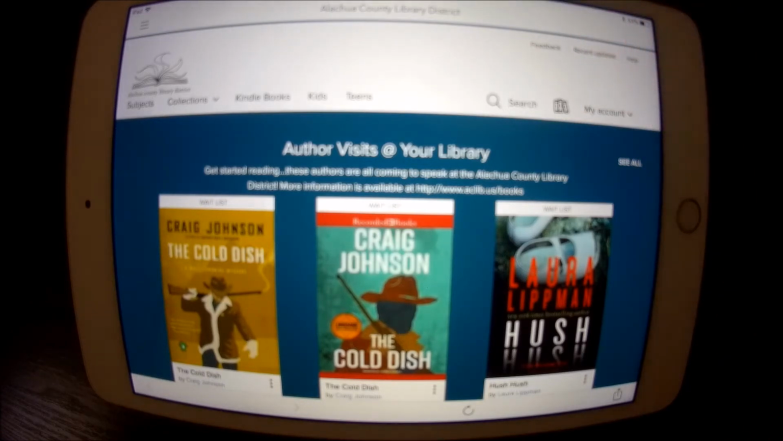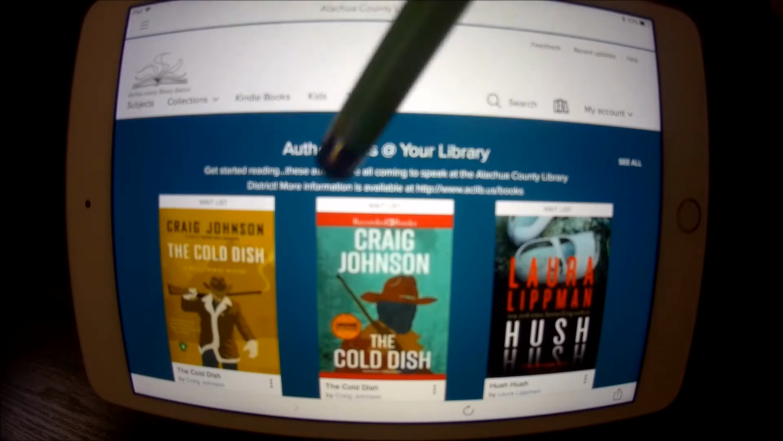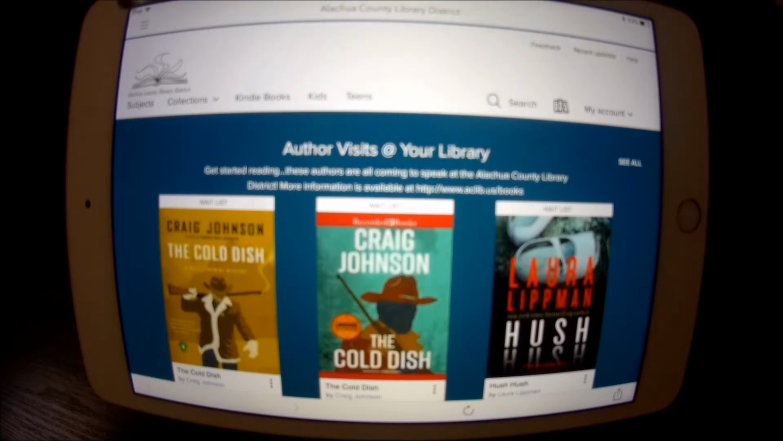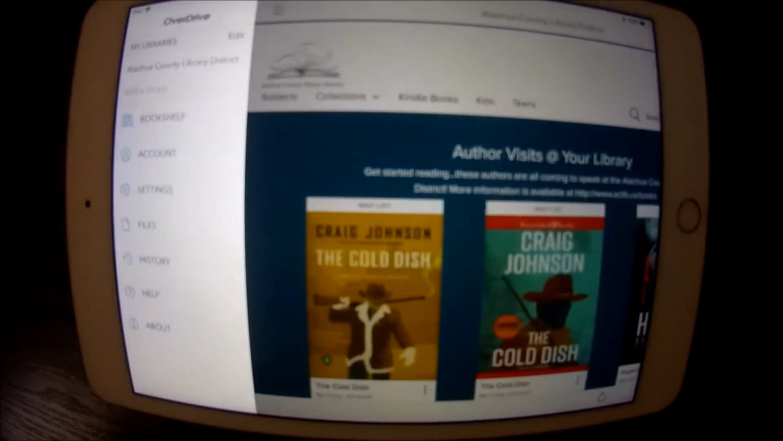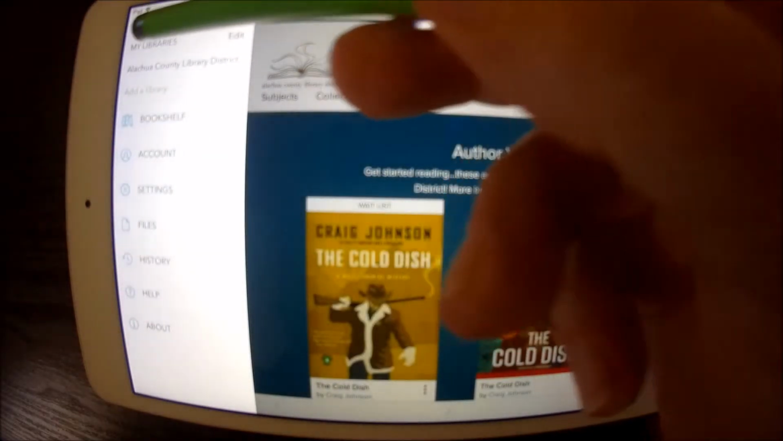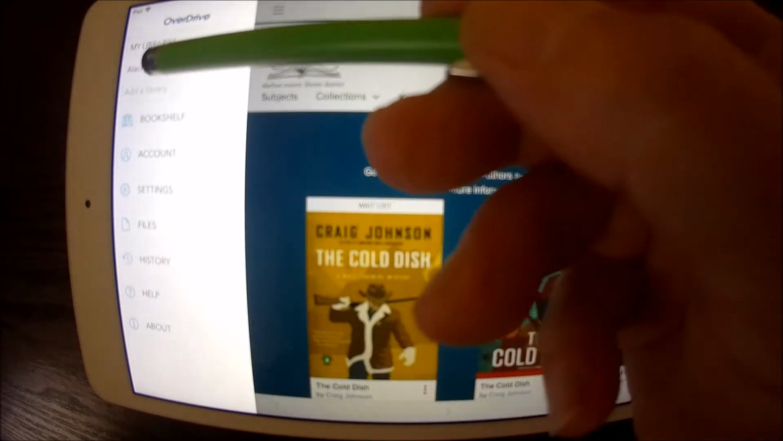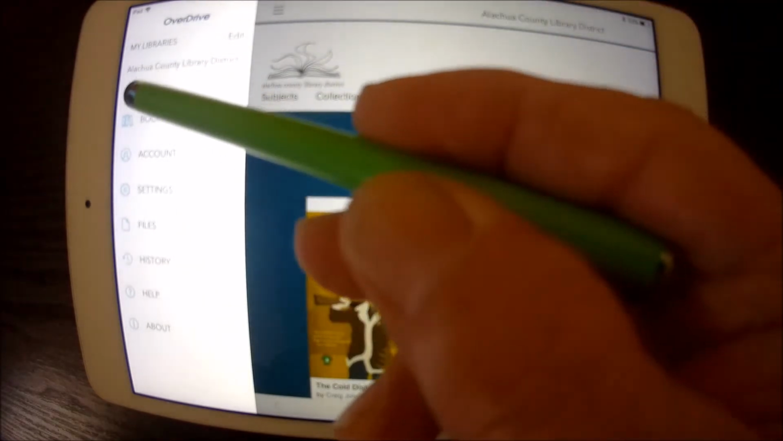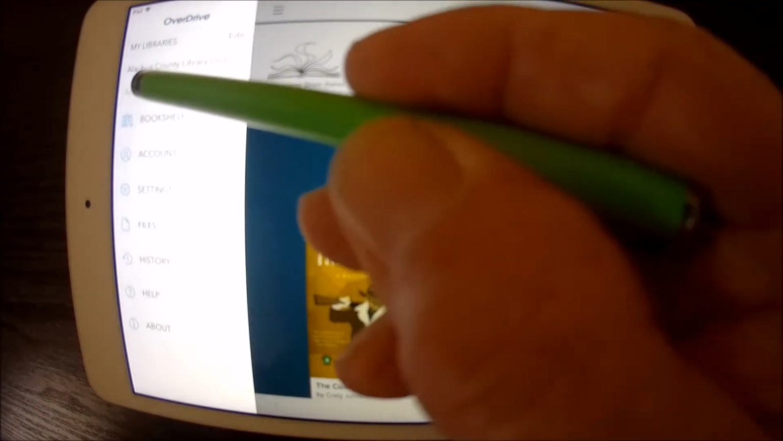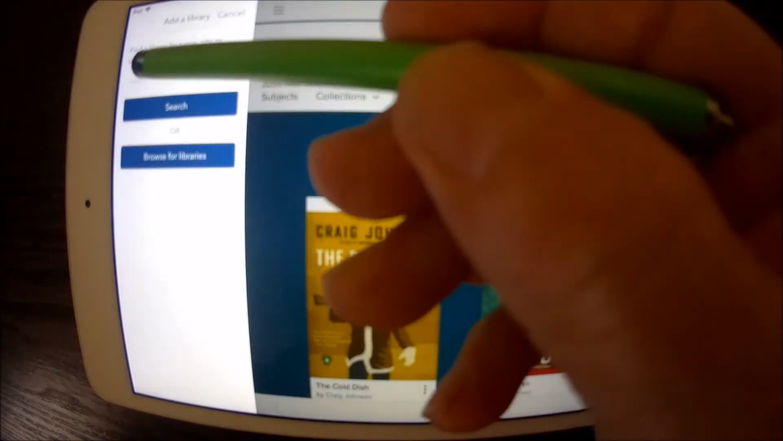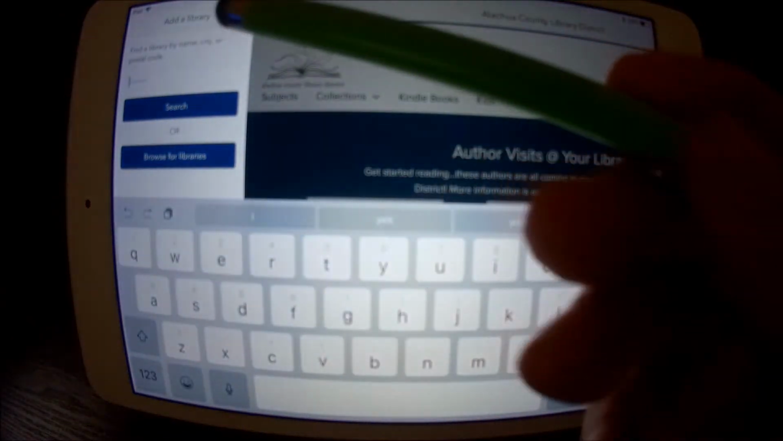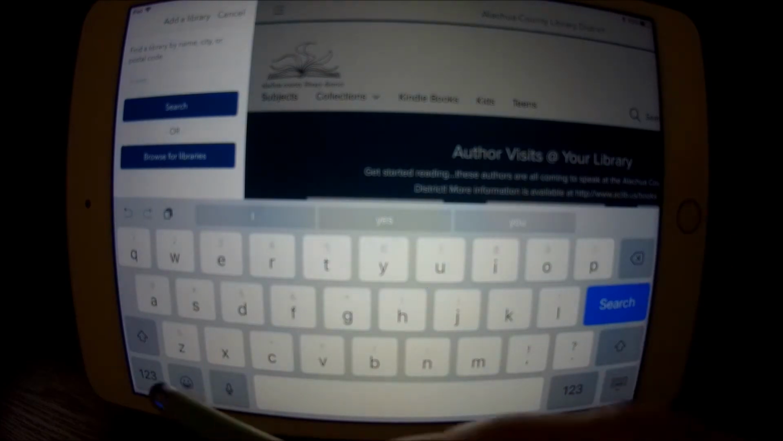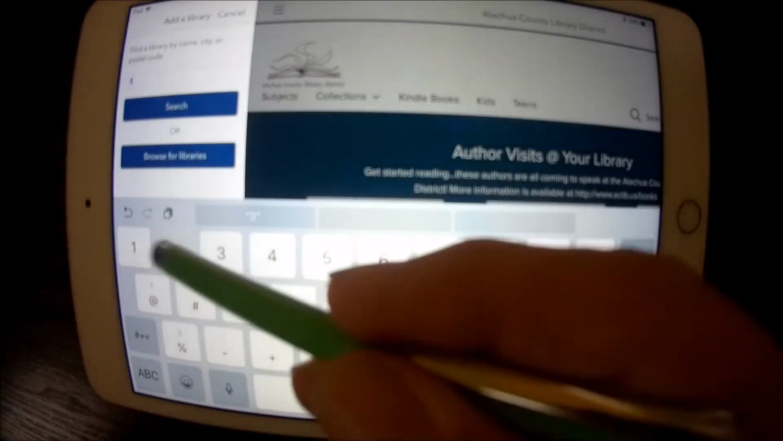Okay, to get your library onto your Overdrive, you come to the page you come to. If it doesn't say add a library, you touch these little hash marks up here in the upper left hand corner. It'll come to My Libraries. Now see, I've already added mine, Alachua County Library District. You would only have add library, so you would simply go there, and then you put in your zip code is probably the best thing to use, so I'll just put it in there just to show you,